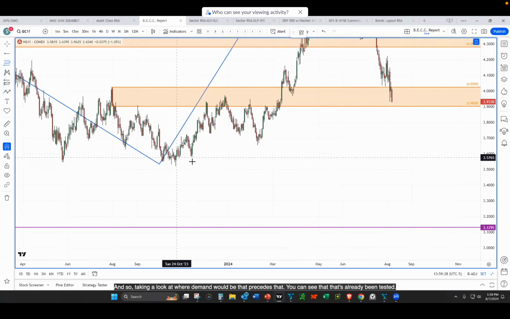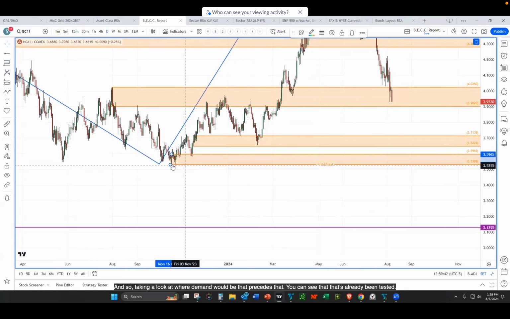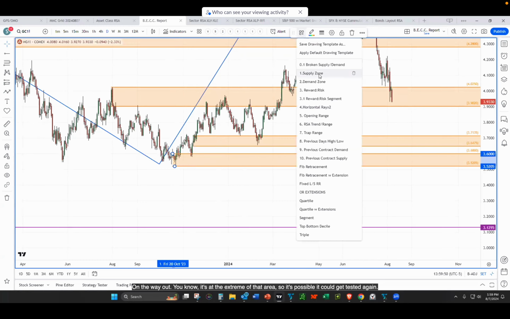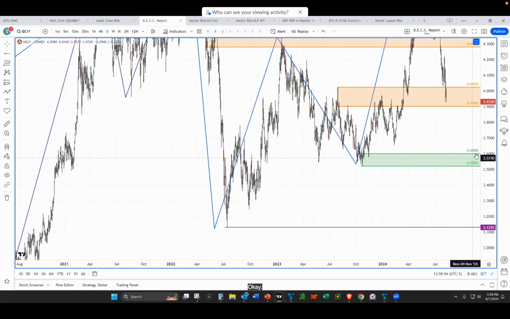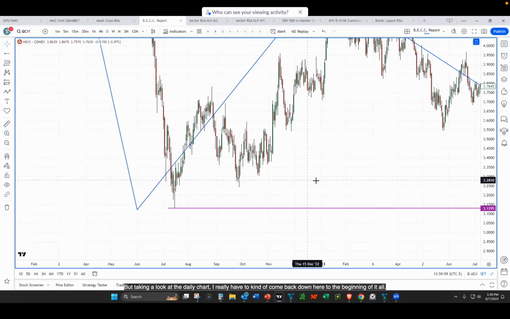And so taking a look at where demand would be that precedes that, you can see that that's already been tested. And then you've got this area here, which also has kind of been tested on the way out. It's at the extreme of that area, so it's possible it could get tested again. Okay. But taking a look at the daily chart,